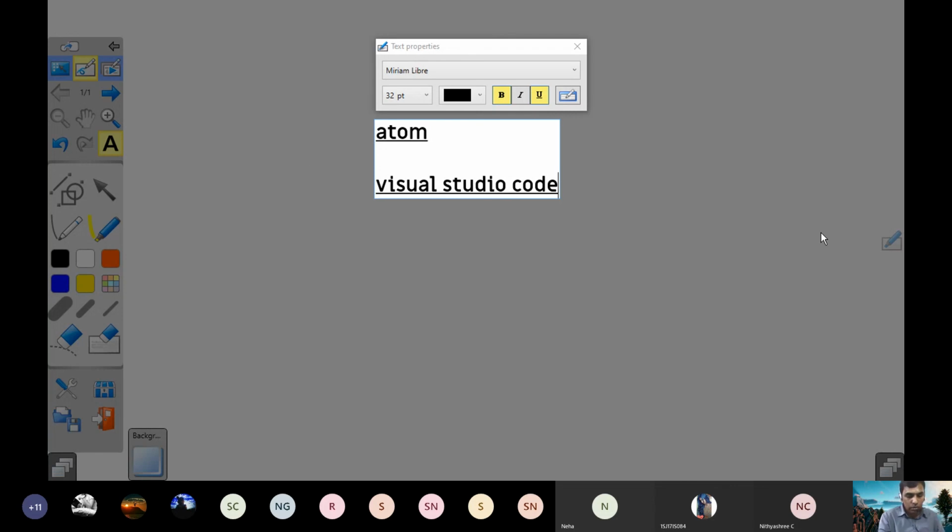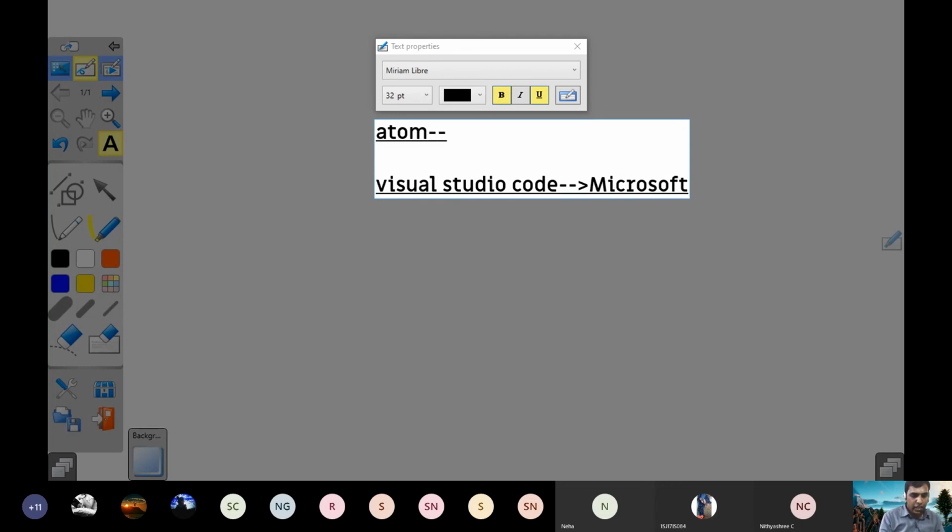So now, who is the developer of Visual Studio Code? It is Microsoft. Okay. And of course, it is open source. Visual Studio Code is open source, free.